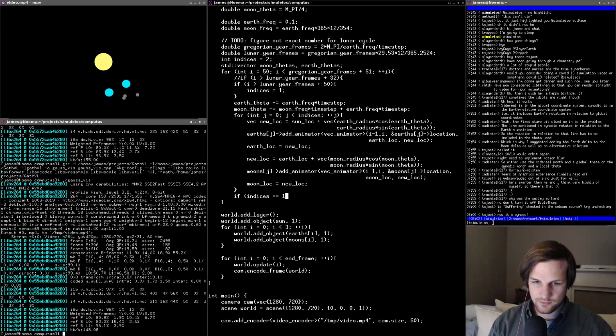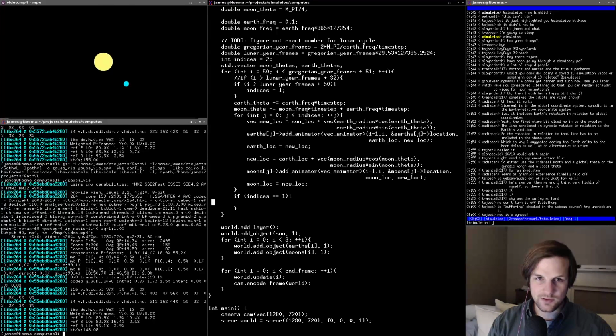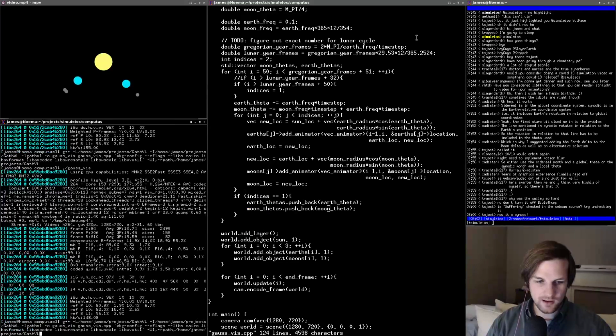Right? So now we do this. I'm just going to push back these 2 arrays with a bunch of thetas. So we should be able to do earth thetas dot pushback. I realize this is super slow, but it's just what I'm doing. Sorry about that, guys. And I will do moon thetas. It's not going to be that bad. Okay, so this should give us an array of